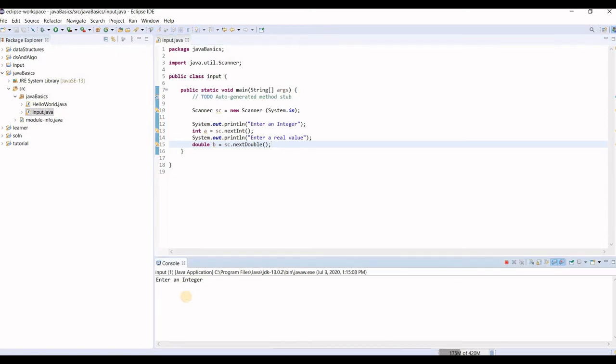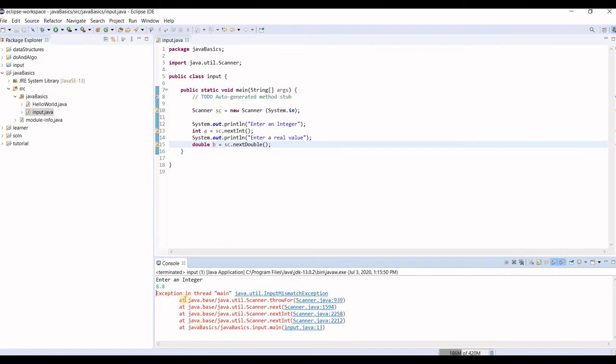Alright, now let's enter an integer, say 5, and then a double number, say 9.9, and there's no error. However, if you try entering a number like 8.8 as the integer, then there's an error, exception in thread main. If you learn these errors, they will help you to a great extent.